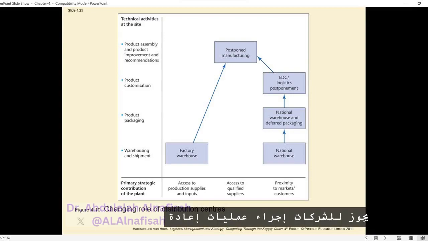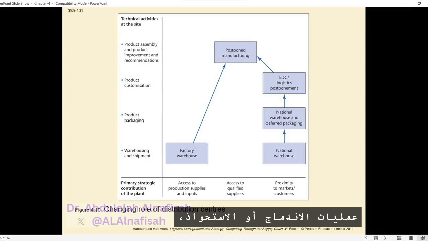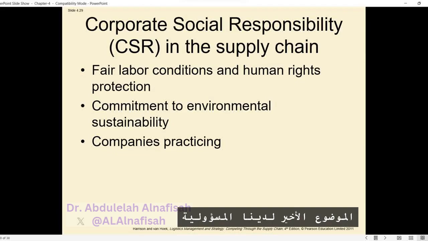Companies may undertake reconfiguration processes in response to factors such as changes in customer preferences, market expansion, mergers or acquisitions, or shifts in global trade patterns. Last topic we have: